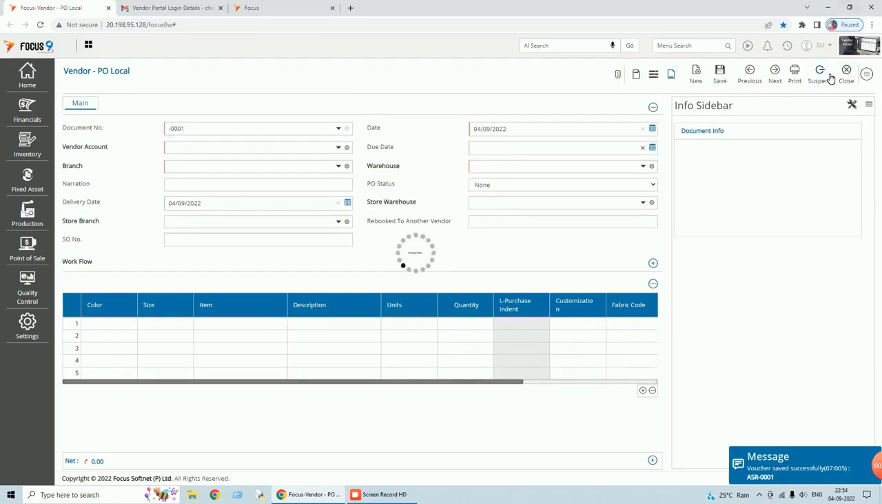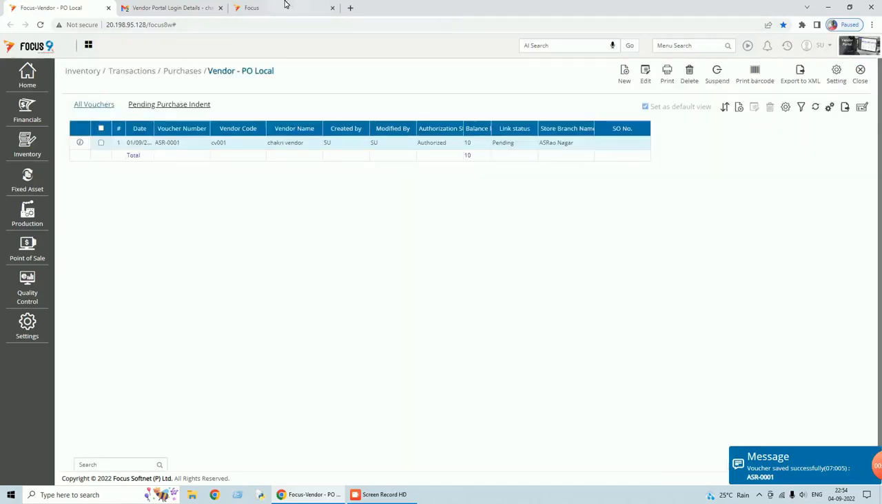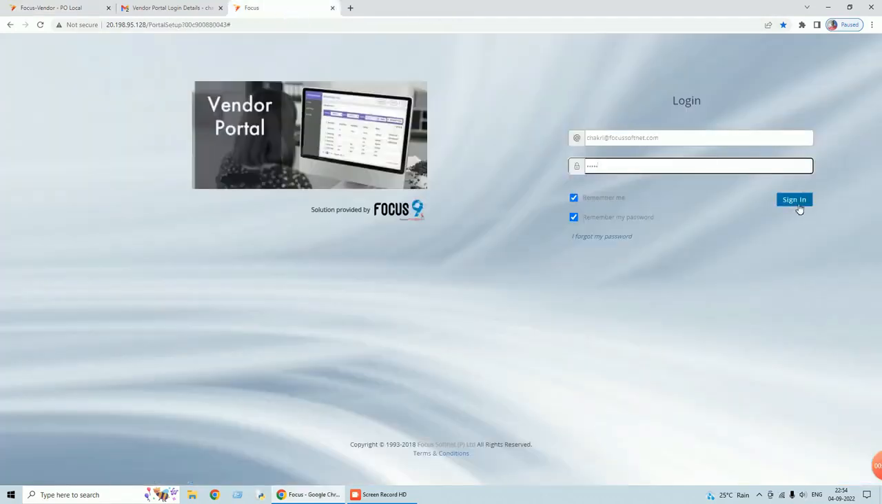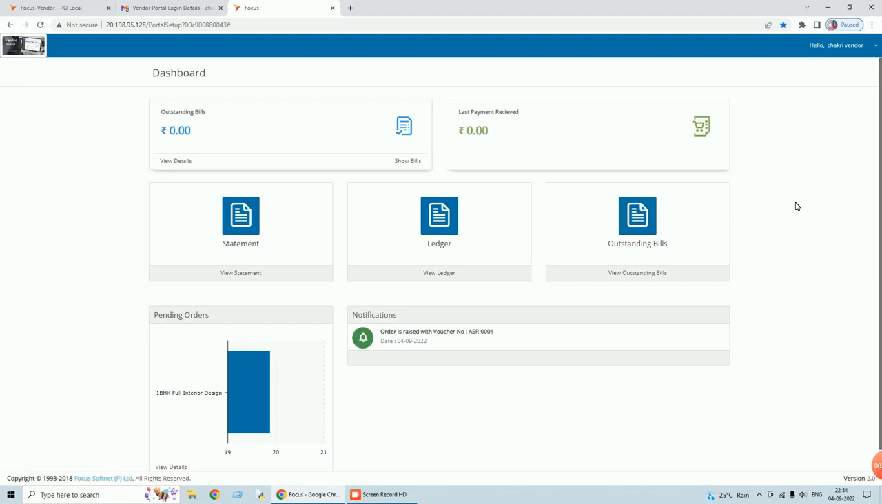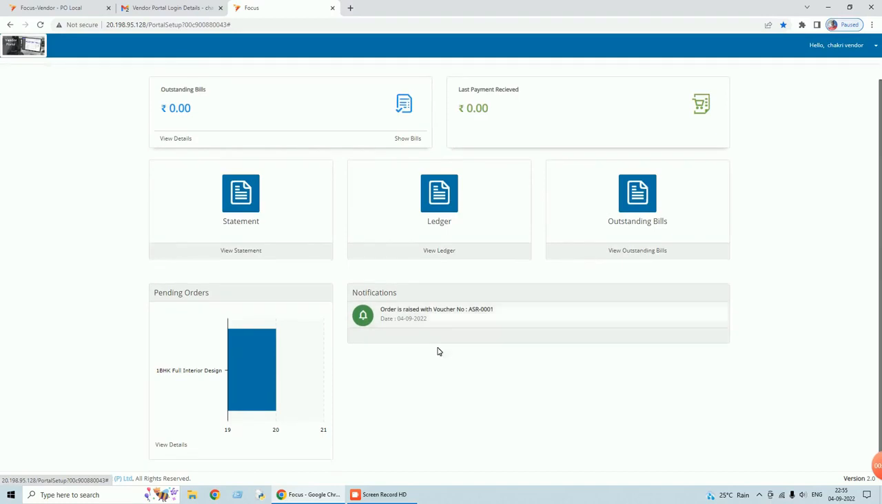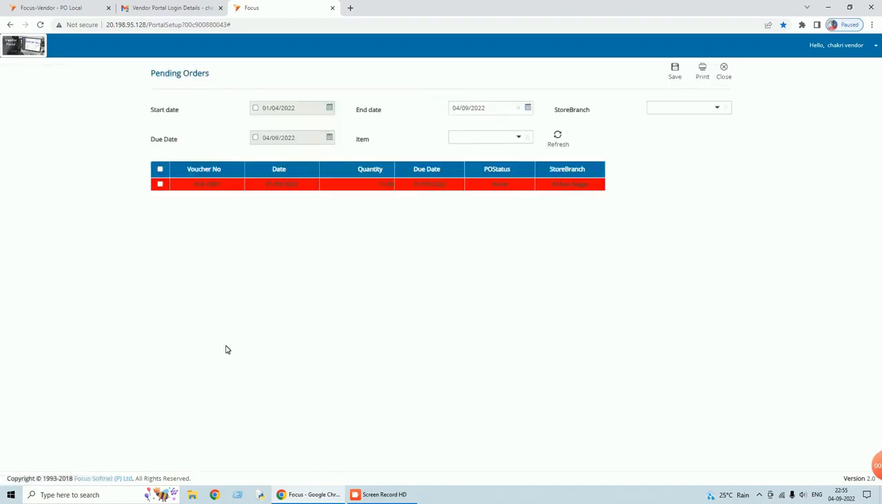I'll just close this. Now I will go to the vendor portal. I will log in to the vendor portal. Now you see I got a notification here. Like this I'll get a notification. If I want to see this PO, I'll just click on view details. Here you see